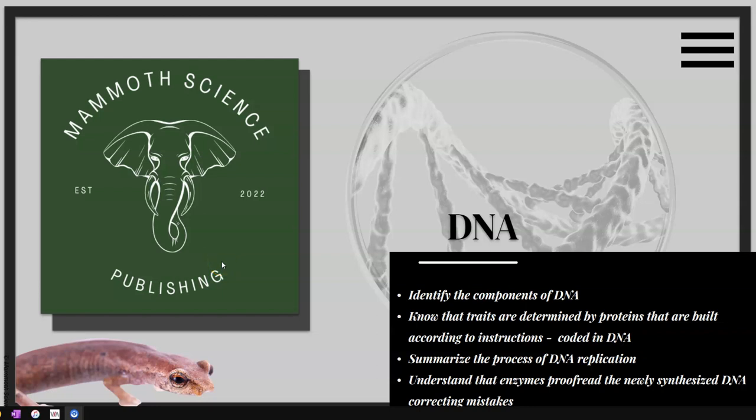Hello friends, today we're going to be talking about DNA. We're going to identify the components of DNA. Know that traits are determined by proteins that are built according to instructions coded in DNA. We're going to summarize the process of DNA replication and understand that enzymes proofread the newly synthesized DNA, correcting any